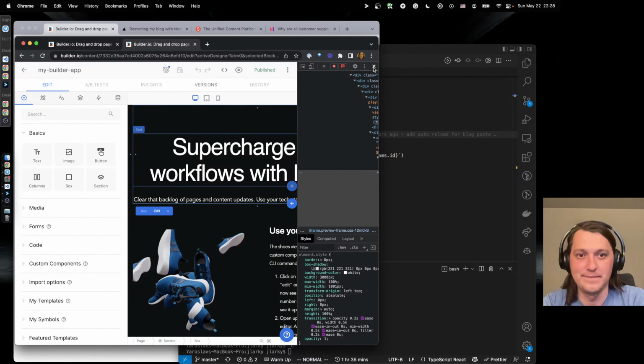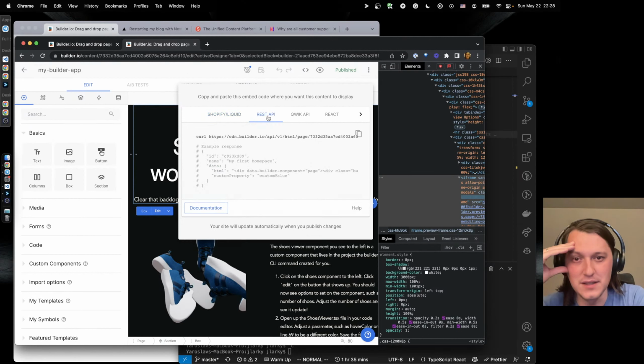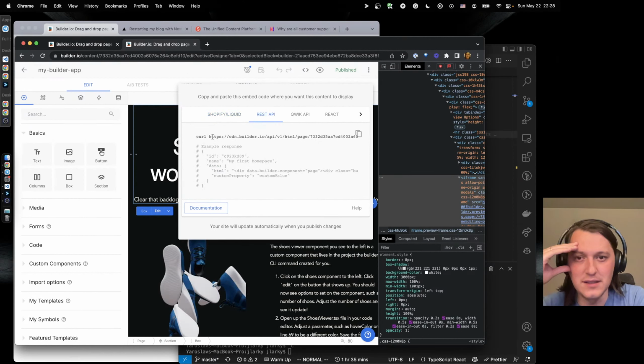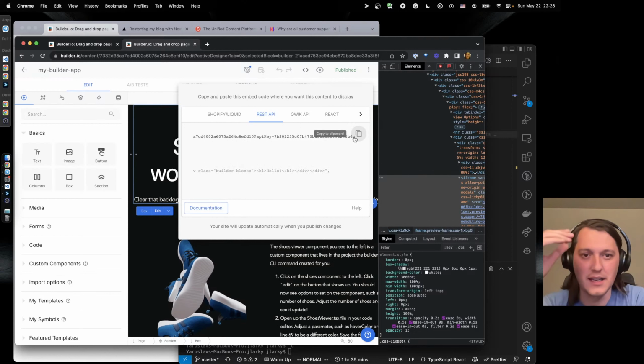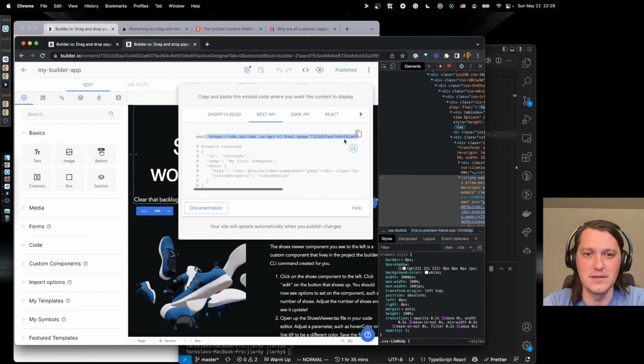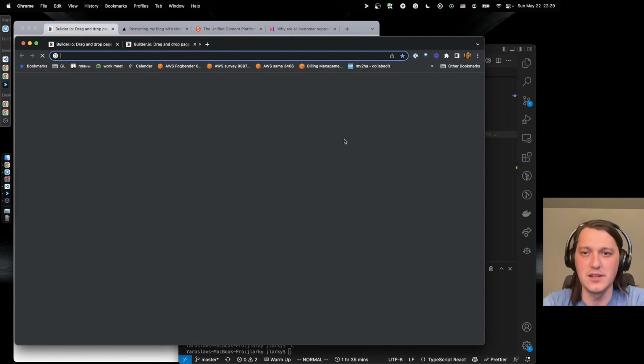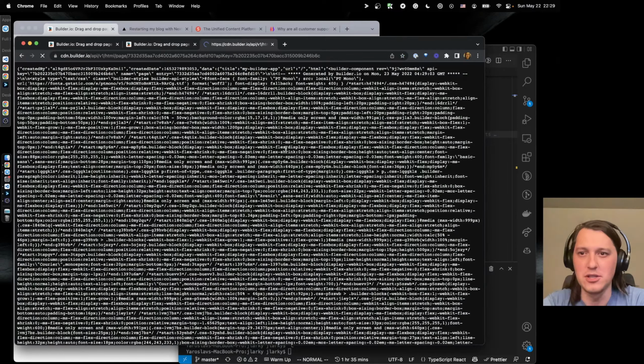So we pressed publish. There is get code. Okay, so what is the code? It's the ID of this thing, and I can get, I guess, the underlying JSON describing this page, right?